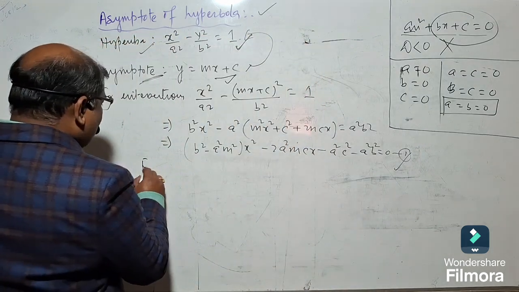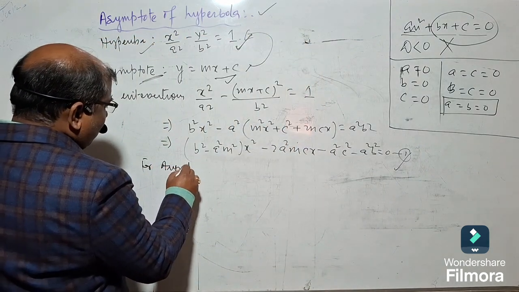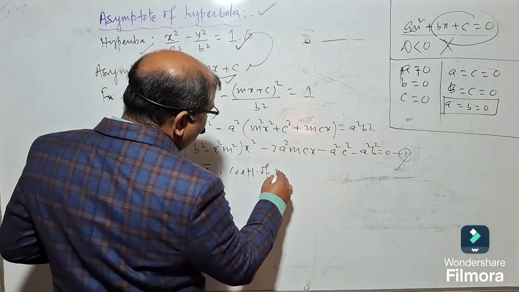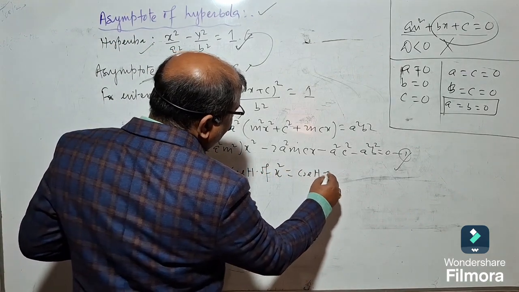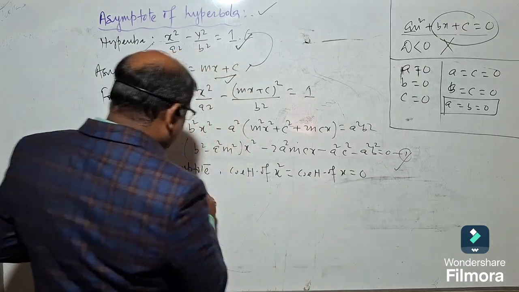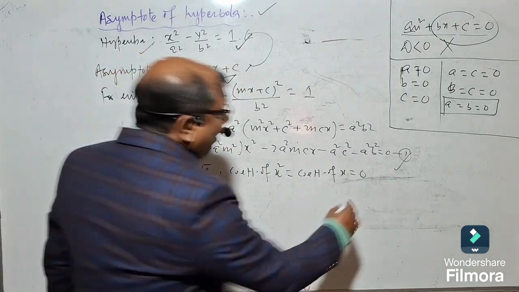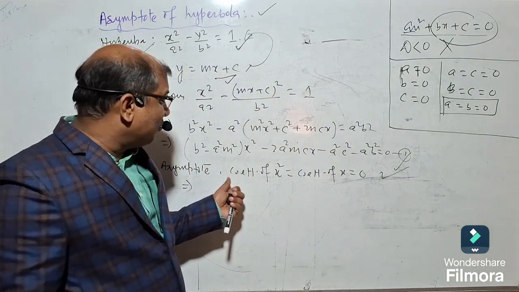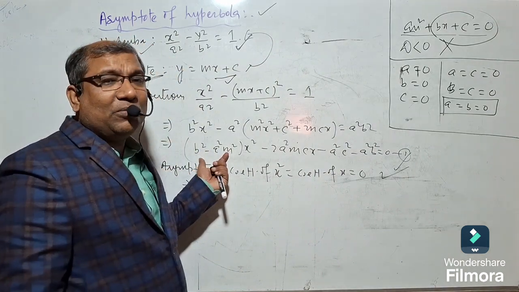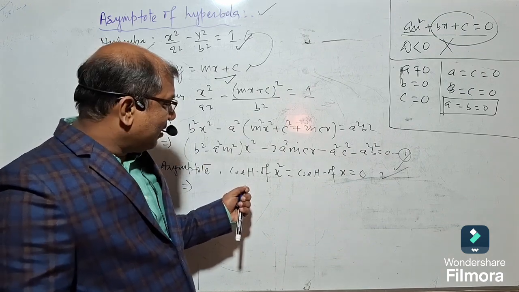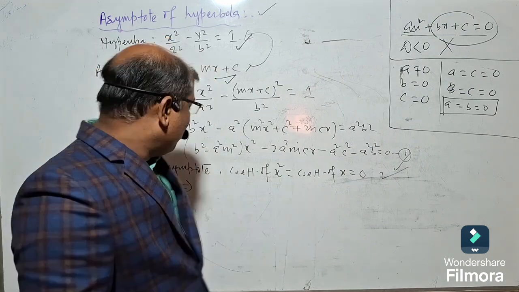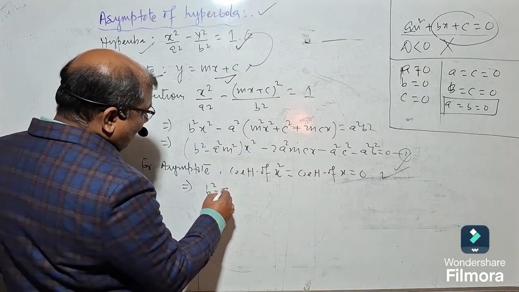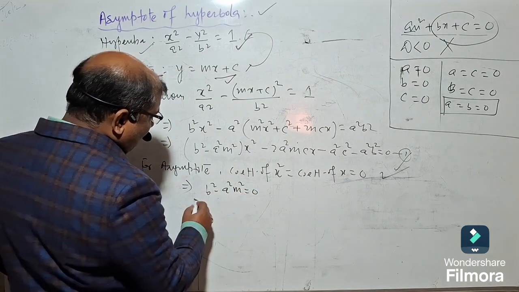So for asymptotes, the coefficient of x square is equal to the coefficient of x is equal to 0. And we have already discussed in the previous lecture that to find an oblique asymptote, we equate the coefficients of the two highest powers of x to zero, and this is the same. So using this condition, b square minus a square m square is equal to 0,